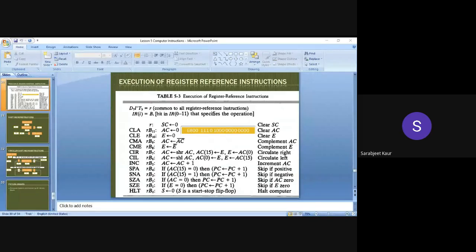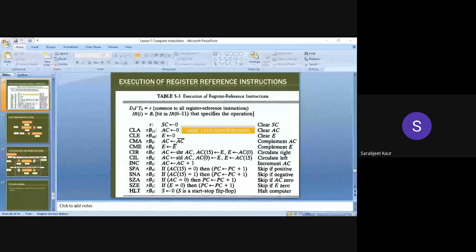As a result, you will find that for any of these register reference instructions, we first need to have this prerequisite true. Okay, what is this prerequisite? Prerequisite is that D7 must be 1, and then after that, the 12th bit, I, should be 0, and then